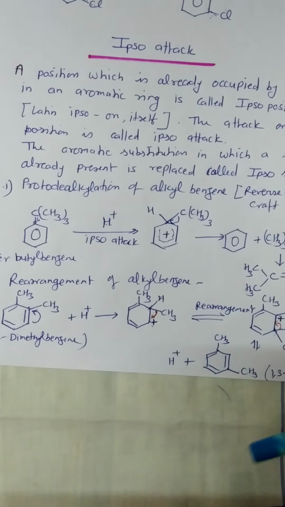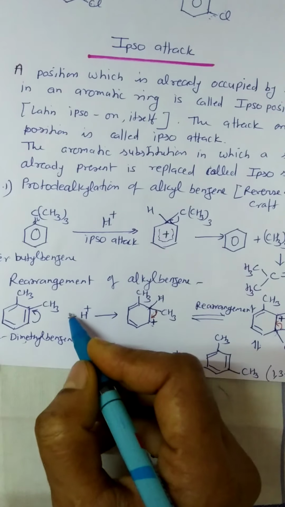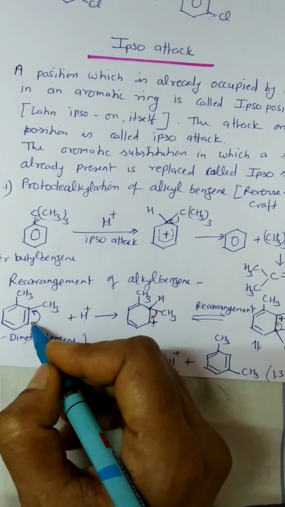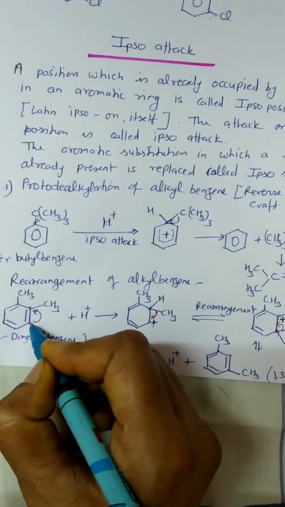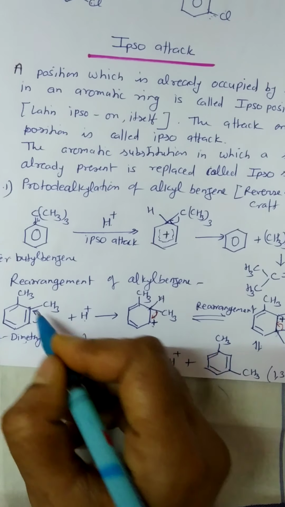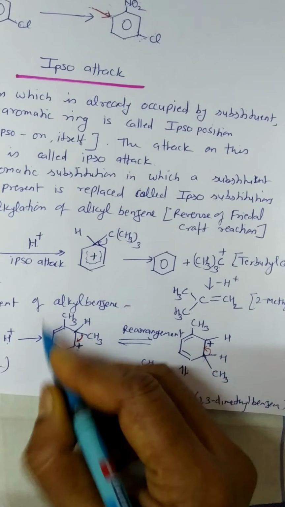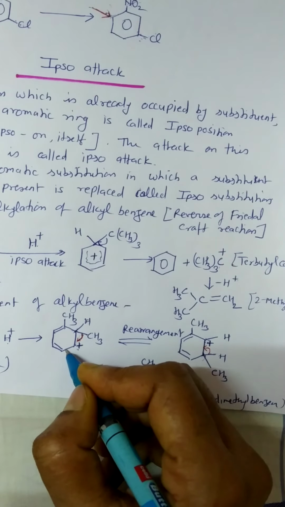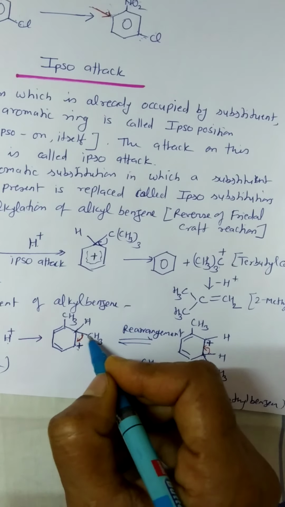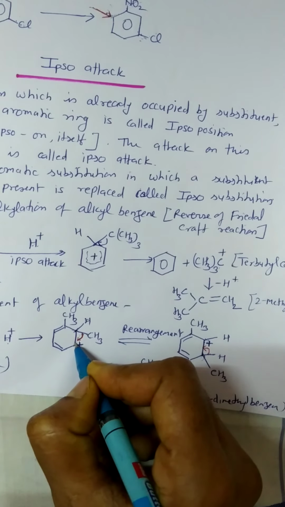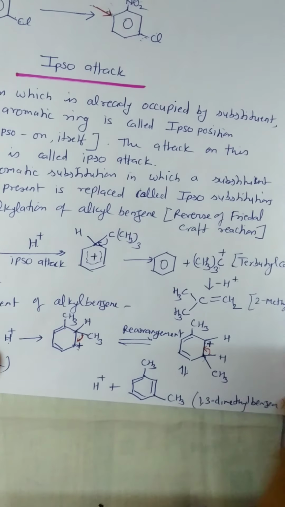The second example is the rearrangement of alkyl benzene. Here 1,2-dimethyl benzene on protonation. The electron displacement takes place from this carbon to this carbon. Therefore, this carbon acquires positive charge and this carbon acquires negative charge. The electrophile attacks at the negative position and therefore this type of intermediate cation is formed here. Then rearrangement occurs. The CH3 moves with its bonding electrons from this carbon atom to this carbon atom. Therefore, this carbon atom becomes neutralized and the CH3 is attached to this carbon atom.